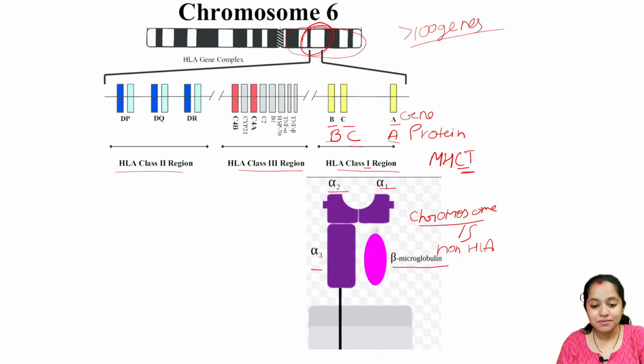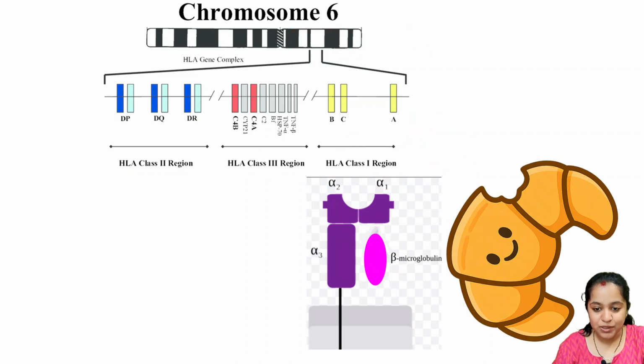Now this beta-2 microglobulin comes and attaches here and together they form MHC1. Beta-2 microglobulin is helping this alpha chain to express itself. Now think of this structure as a half-eaten bread with chocolate sauce. This is alpha 1, I have taken a bite, this is alpha 2,